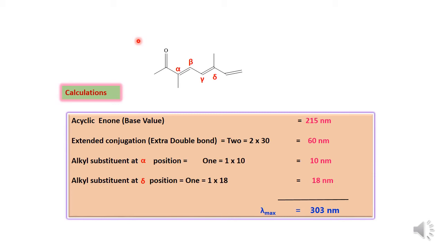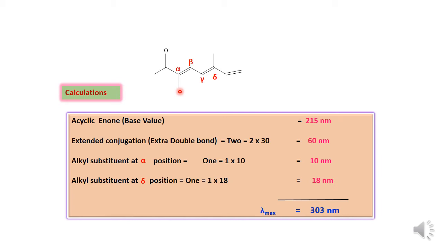So now we are going to see the enone compounds. This is an example of the enone compound. This is enone because the carbonyl group as well as the double bond, alpha beta unsaturated double bond, is present, and therefore this system is considered as an enone system or enone compound, and we have to calculate lambda max value for this particular compound. So when the structure is given, you have to give the positions, that is alpha, beta,